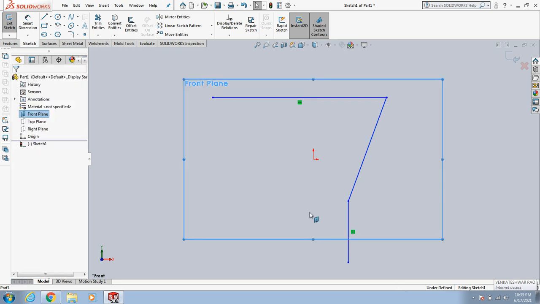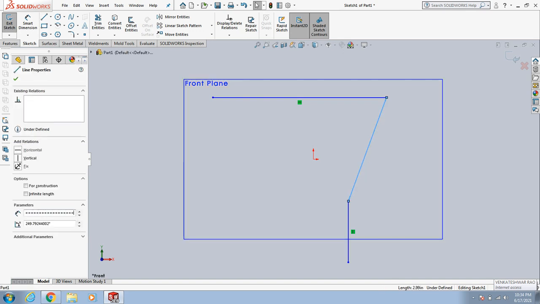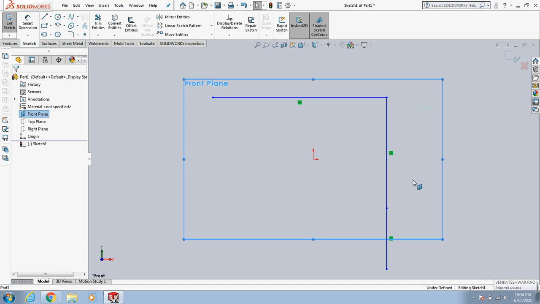If you look here, I have drawn a horizontal line, an inclined line, and a straight line. You can draw any line. If you want to make this inclined line straight, horizontal or vertical, click on this. When I click on this, I am getting make horizontal, make vertical, make fix, auto insertion, insert dimension. We'll discuss those later. First I want to make this line vertical, so I click make vertical. If you see here, the inclined line has become a vertical line.